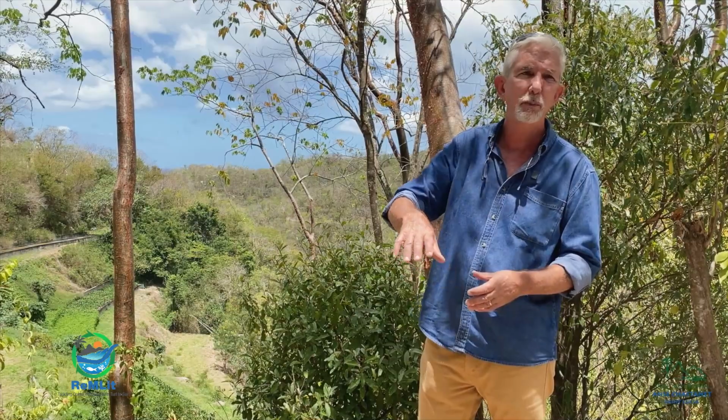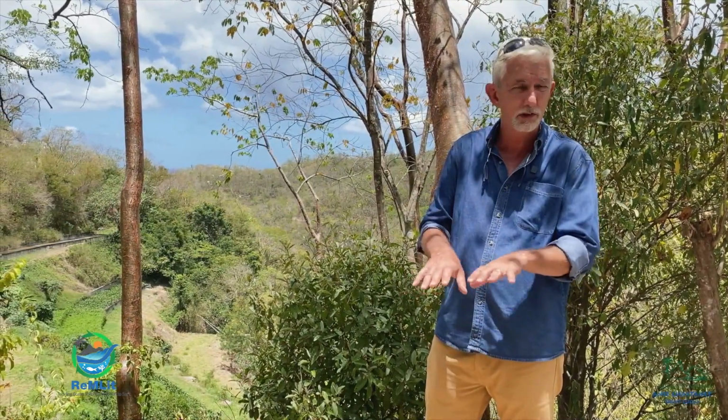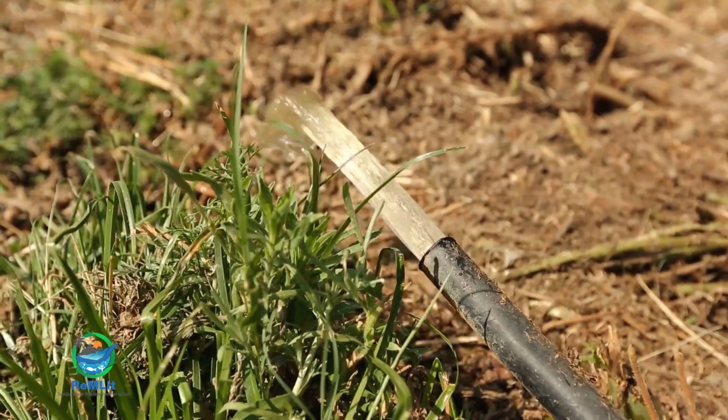So essentially all toilets and all drains lead to one location on our property. We pump from that location to a settlement tank where solids settle out to the bottom and create sludge. And then the effluent, the grey water that sits on top of the sludge, is pumped up to be treated